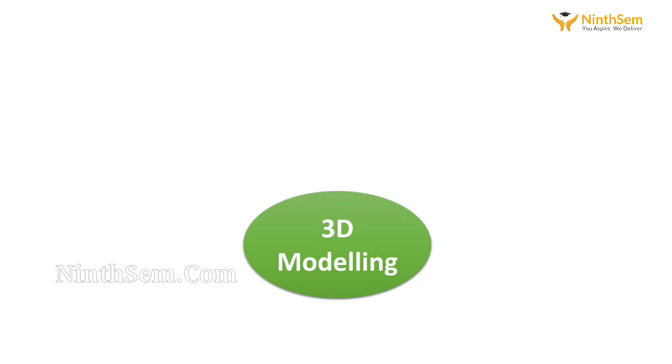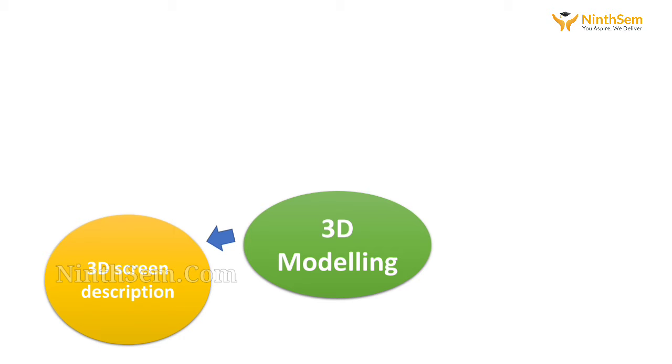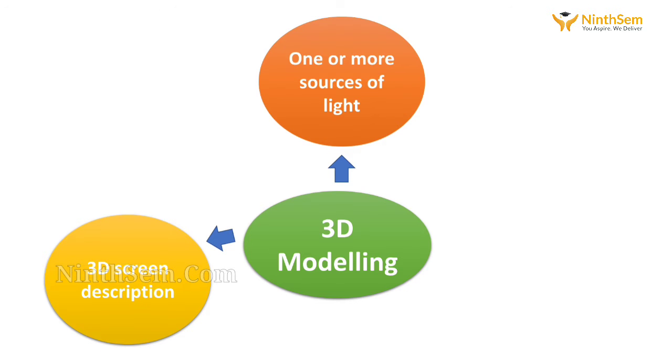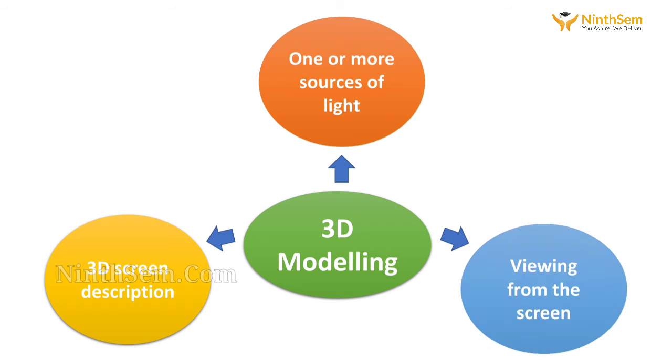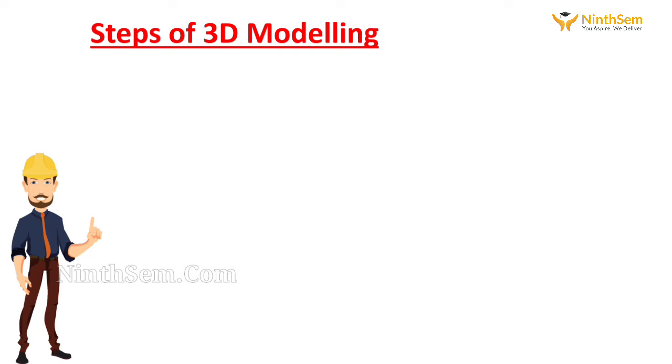Coming to our main topic, what exactly do we mean by 3D modeling? As of this time, every computer-rendered image requires three essential components. The first is a 3D scene description. Second, one or more sources of light. And third, the viewing of the scene. The scene description is typically composed of one or more models or 3D structures. Typically we think of a model as a standalone part, for example, a pencil or a tree.